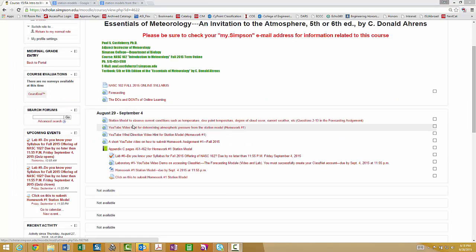Now you will notice I have a link here called Station Model, and a station model is used to observe current conditions at a particular location. Let me just show you. If I click on here,